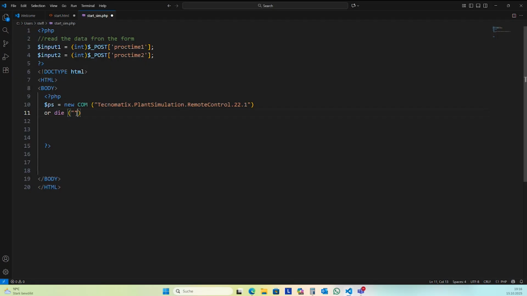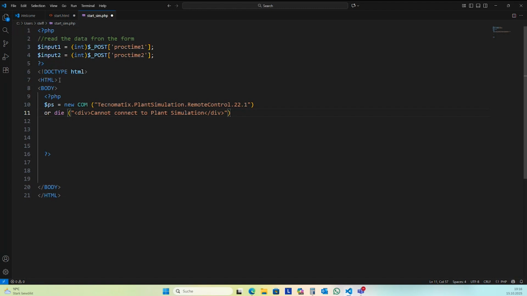If it fails, I can display an error message. You can place this in HTML tags, and so it's inside of the body.